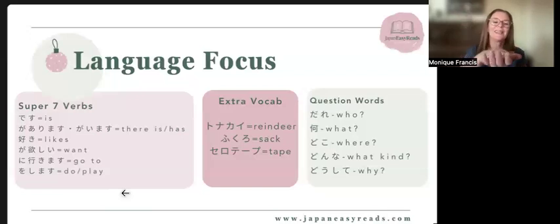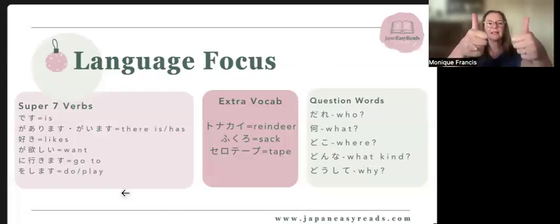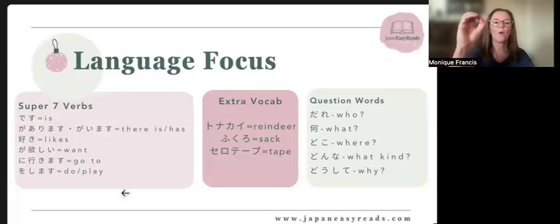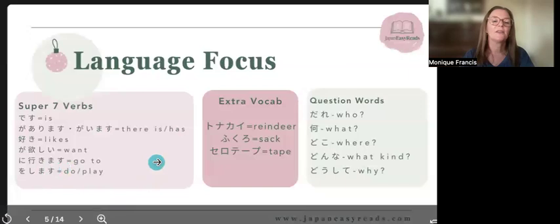So desu, ga arimasu, ga imasu, ga suki desu, ga hoshii desu, ni ikimasu, o shimasu. So these are the verbs which we use over and over again in our classes,